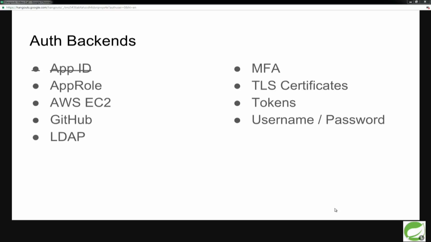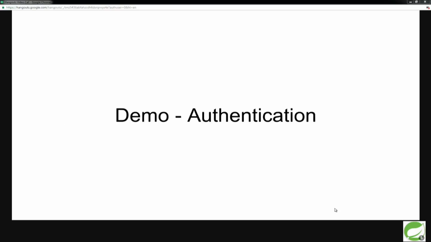Good questions, guys. So, going back to this, there's a number of different ways to authenticate. We won't dive into any of these in super detail, except we're going to demo GitHub authentication, and we're also going to demo non-dev mode for the server. So the first thing we're going to do is start up the server, and I know I need to change something.